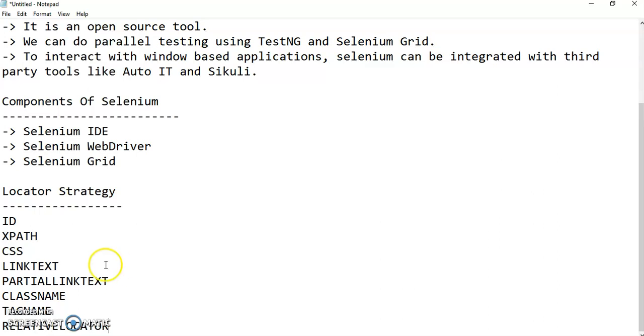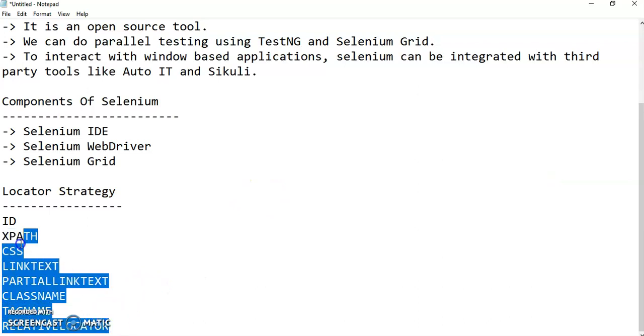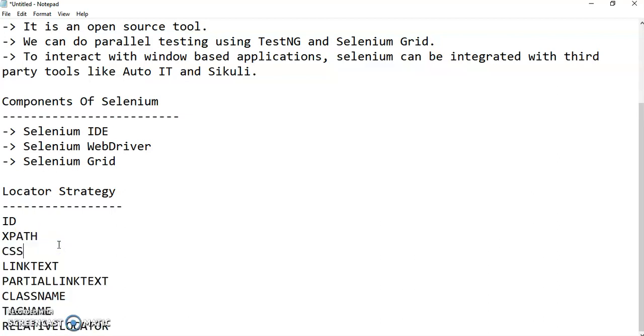We will have a different tutorial for XPath. I will tell you what XPath is, what the different types of XPath are, how to write XPath, and how to write customized XPath. Don't worry. But as of now, just remember, we use all these locators for finding web elements uniquely on a web page. Sometimes we have to find a list of web elements also. At that point, we can take help of XPath or class name or tag name, right? So now let's see what Selenium IDE is.